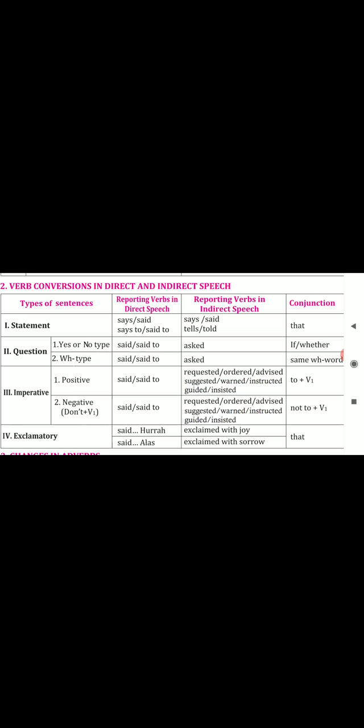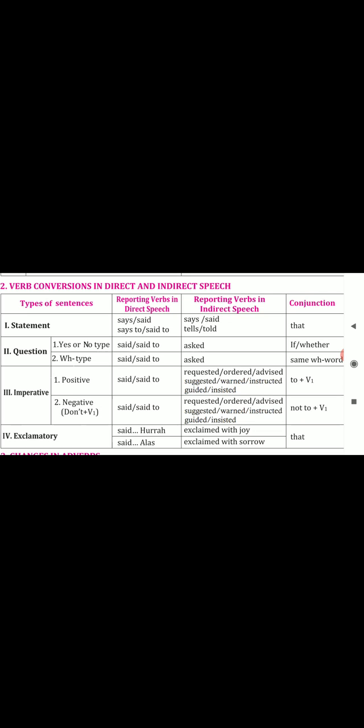Okay, let us know the modification of conjunctions. If the sentence is a statement in the reported part, we have to put the conjunction that. If the sentence is a question, especially yes or no type, the conjunction may be if or whether. So here look at the spelling of whether, W H E T H E R. Next, if the question is WH type, the same WH question word must be